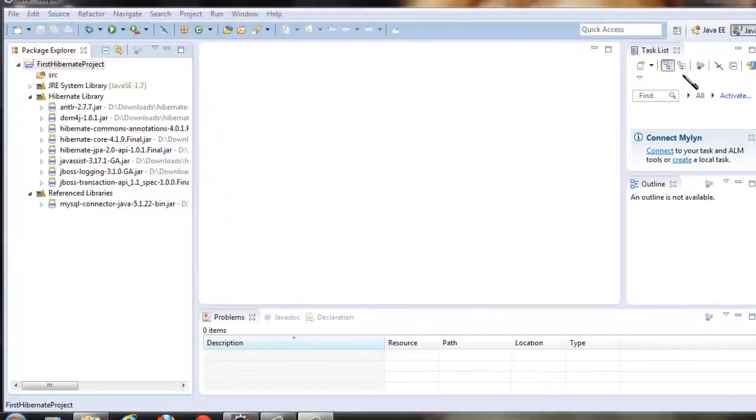In this tutorial, we configured Eclipse workspace for all Hibernate related tasks. In the next